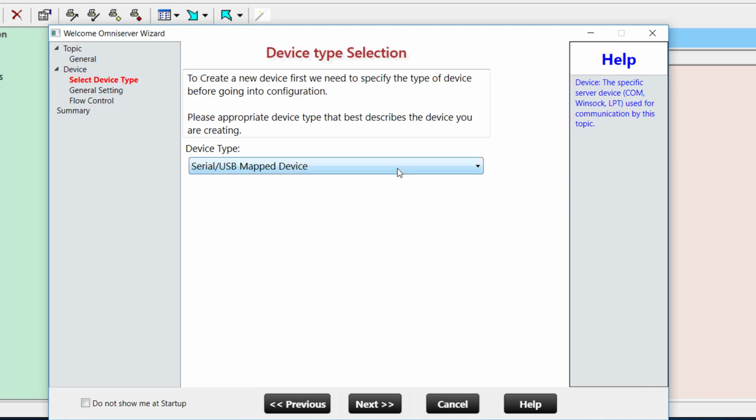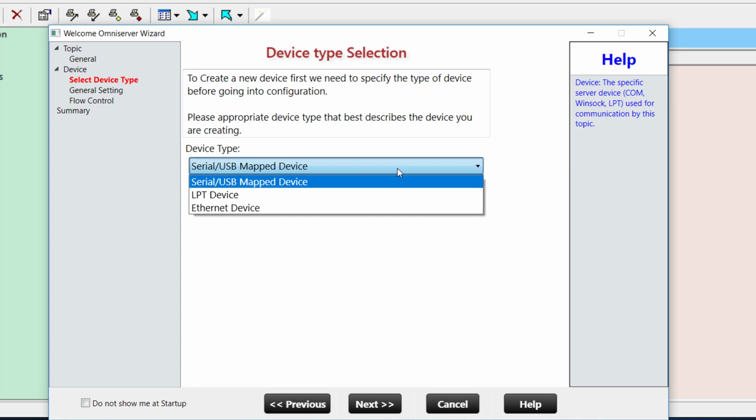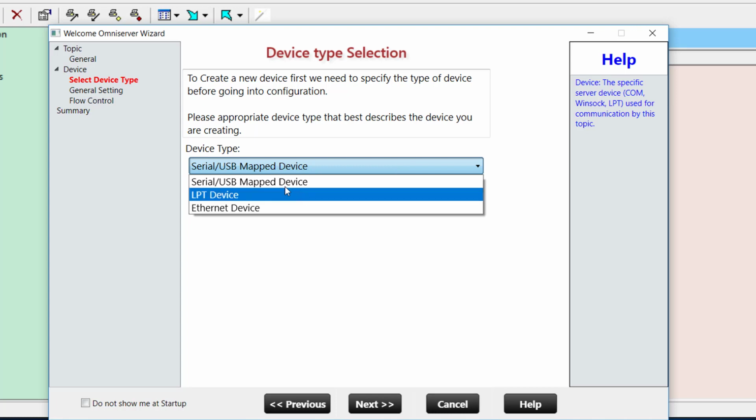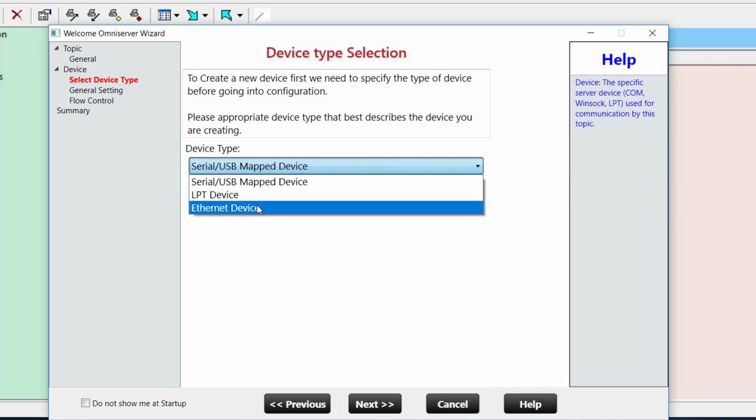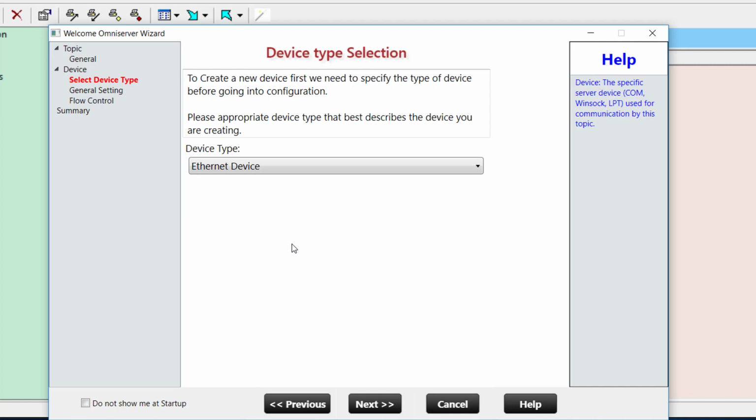And the first step to defining a new device is selecting which of those previously mentioned device types we need. So you'll see we've got a serial or USB mapped device option. So USB mapped being if you have a device that's connected via USB port to your computer, but it's mapped to a virtual COM port, you would select this option because as far as OmniServer is concerned, that shows up as a serial device to us. Or an LPT printer device or an Ethernet device. So for our purposes, I'm going to go ahead and select Ethernet, and then we're going to click Next